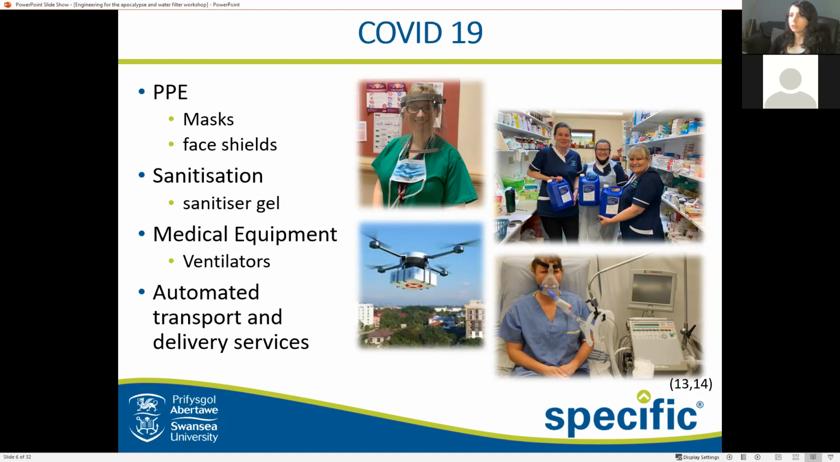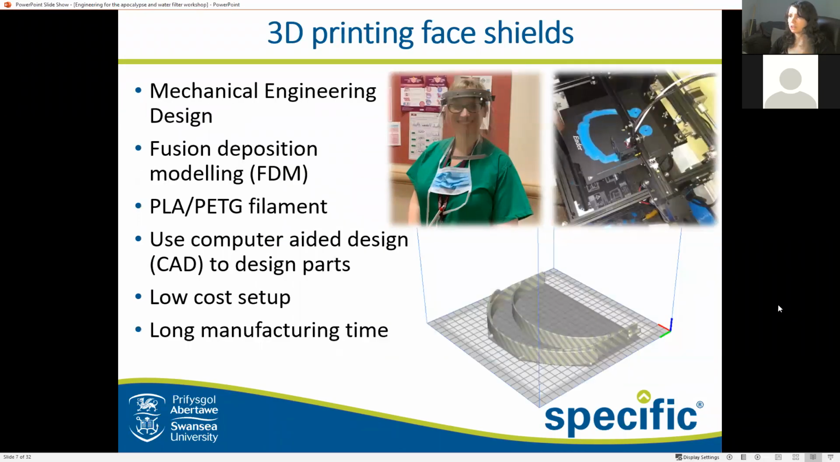but there's been a lot of other things done. So if we start with PPE, which is something which we currently had in shortage, although looking a bit better now. So face masks. What form of engineering is this? So this is mainly mechanical based engineering design. So if you were to want to make one of these for yourself, you could either do it using a laser cutter, or you could use a fusion deposition modeling machine,